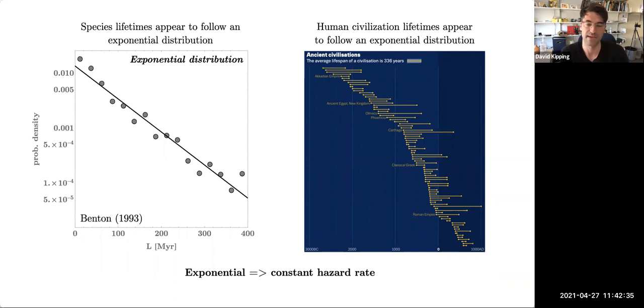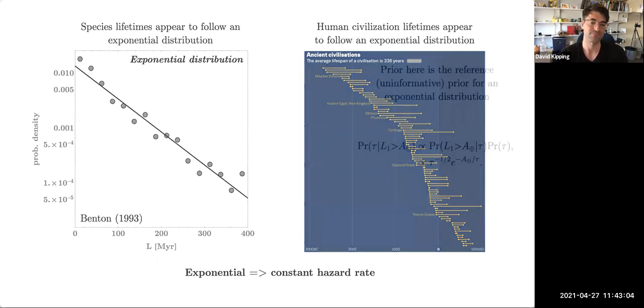And the nice property about it is that it has this constant hazard rate. So you're basically saying, like the Poisson distribution has this uniform rate process, an exponential distribution has a uniform hazard rate. In other words, in each time interval, the probability of extinguishing yourself is the same. So you're just as likely to go extinct from time equals 1,000 years to 1,100 as 1,100 to 1,200. This is a uniform rate. So that could be like an asteroid impact, GRB, supernova, whatever, when we're thinking about technological civilizations.